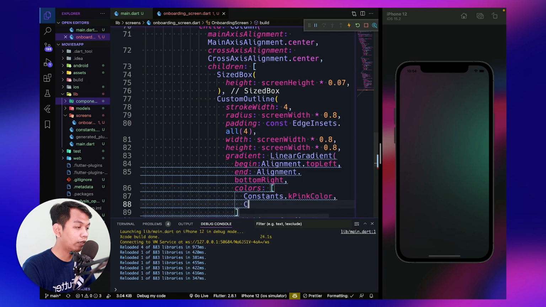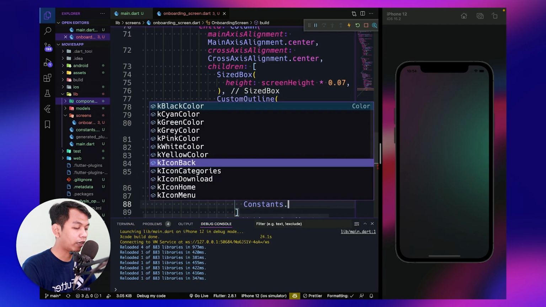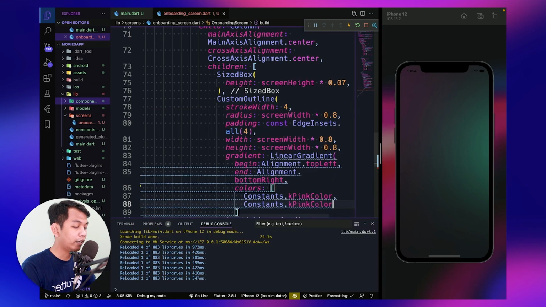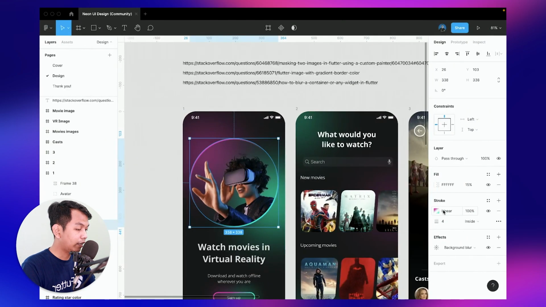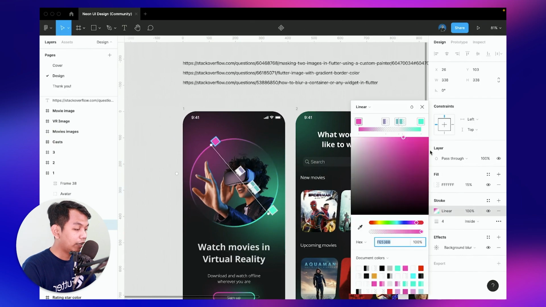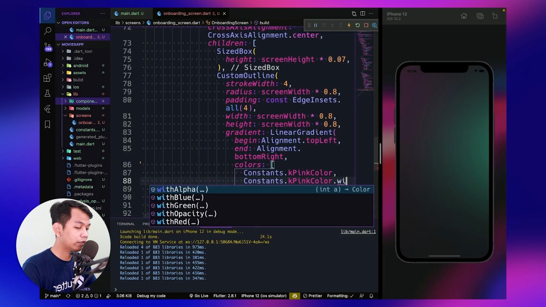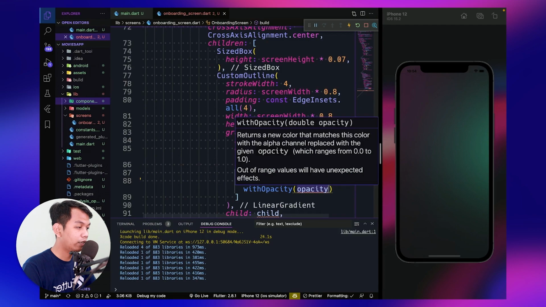The second one is const pink color again. Let's see in this linear gradient, we see at least 5 colors, but for Flutter I just need to give maybe 4 colors. And for the opacity, it will be 0.